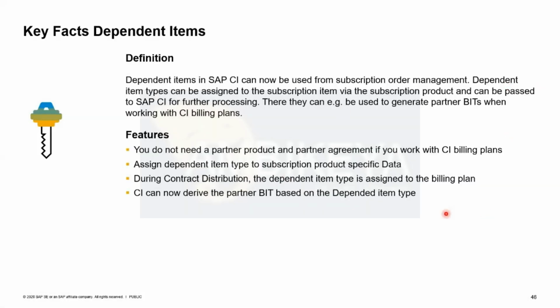We like this feature and thought it's a very good fit for partner settlement scenarios with CI bill plans. A partner settlement is a scenario where a partner needs to receive royalty, right? So when a customer makes payment and we receive revenue, a share needs to be given to a partner. With CC, we used to manage this by having a partner product, a partner charge plan, and a partner agreement on the SOM side,